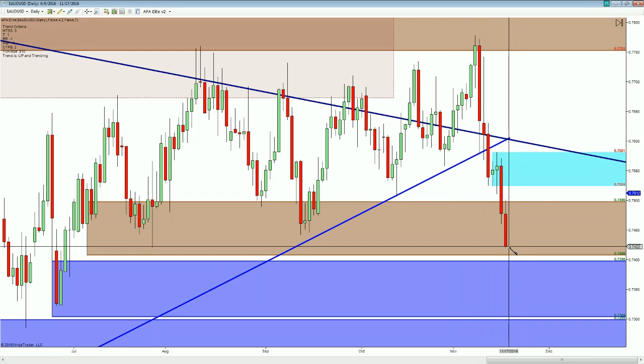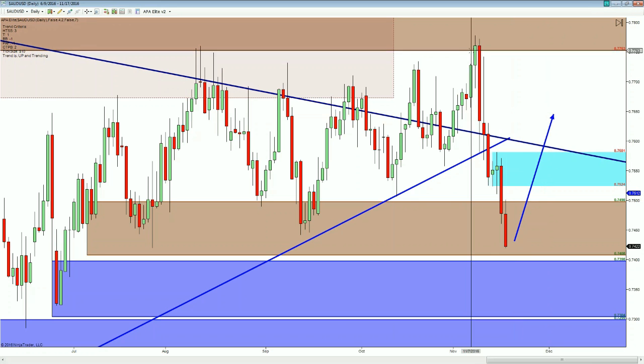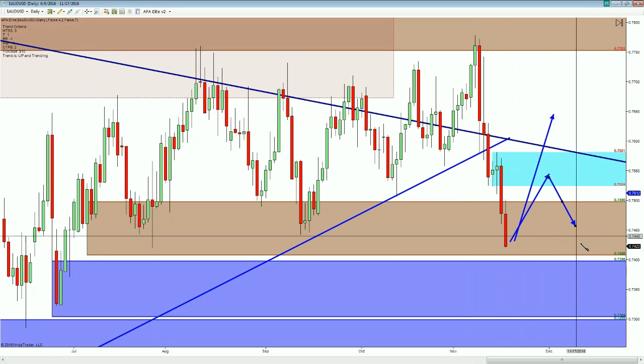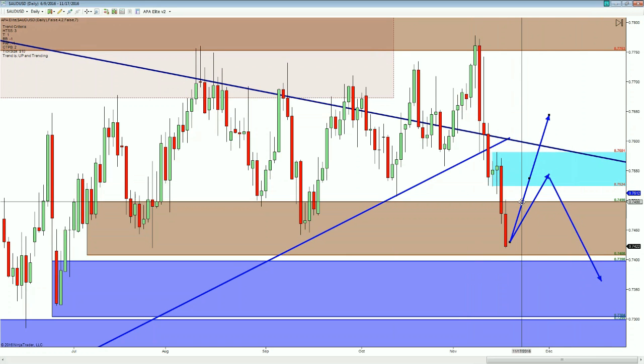Obviously, there's one of two things we can do at the bottom of the range. We could take this to the upside in hopes that this new high up here will continue to play out very nicely. But we could also wait until price is all the way back up here and then take it to the short side in a counter trend type of position. Personally speaking, I would like to go long into this aqua zone and into the chocolate zone up there at the